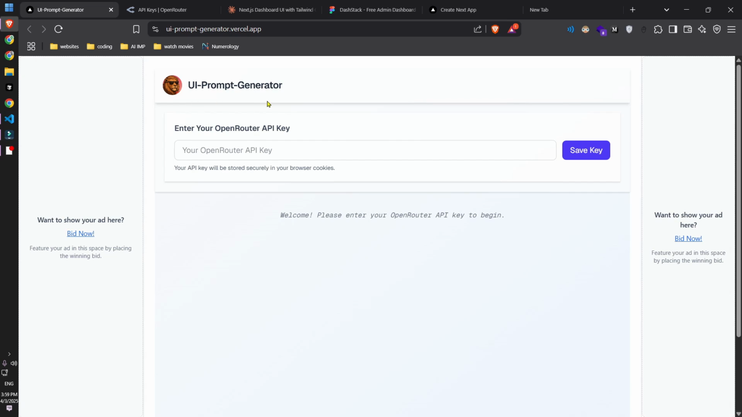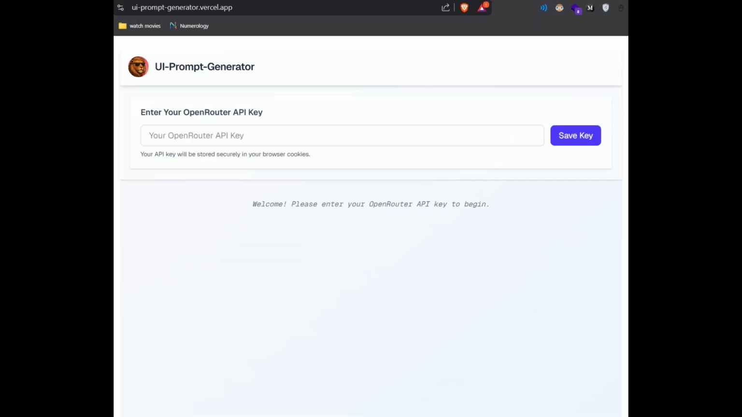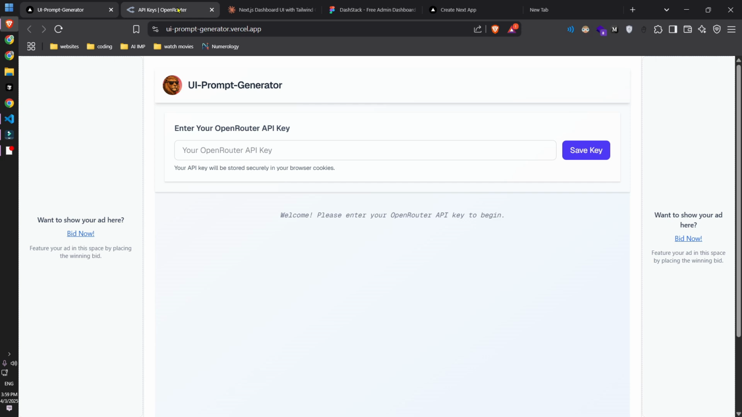This free AI tool converts any screenshot to code in seconds. It might be for web or mobile, doesn't even really matter. You can generate unlimited prompts. Go to this website which is linked in description, grab your free Open Router API key and paste it here